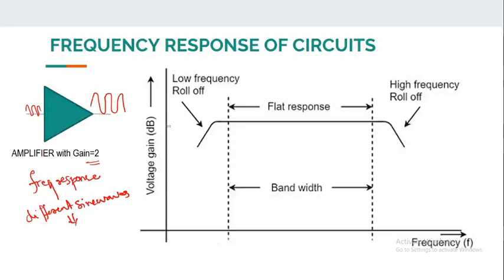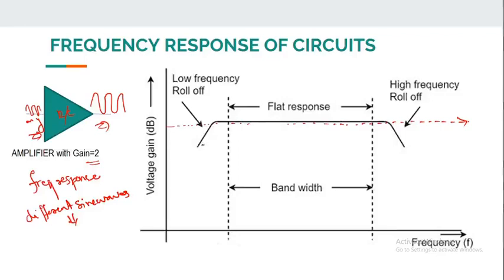For an ideal or theoretical amplifier, the frequency response should be like this. That is, it will amplify any signal given here and provide it at the output, theoretically, but practically it is not the case. An amplifier will have some circuits, RC parameters, resistors, capacitors, etc. It won't act uniformly across all frequencies. Some frequencies it will limit or not pass. Such a response is called the frequency response of the amplifier, or how it behaves to different frequencies.